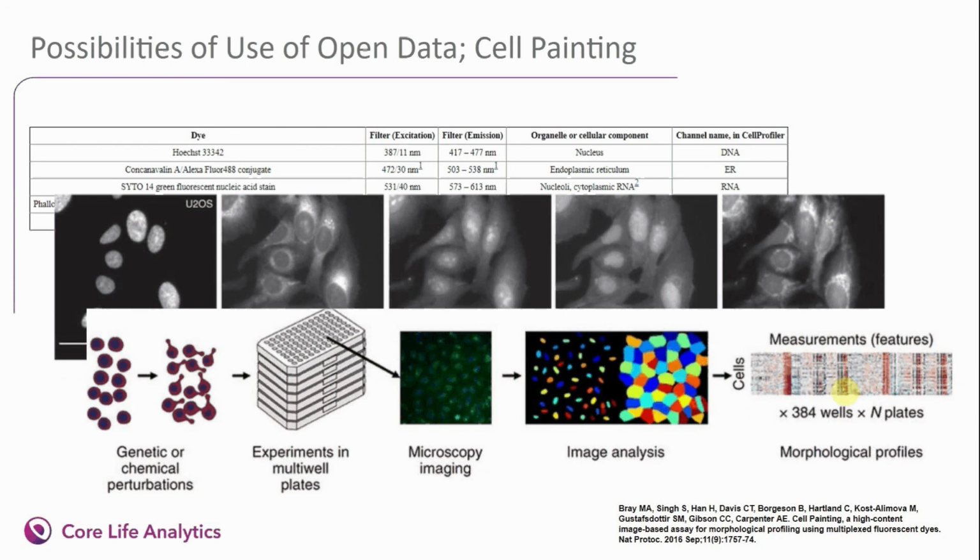And there are a number of consortia who are actually working on this idea, generating these libraries of profiles using cell painting. There's also a lot of interest in cell painting for things like predictive toxicology, where you could generate profiles of unwanted phenotypes, and then you could use those to predict unwanted phenotypes in novel chemicals that are coming out of screens. So I hope that gives you an idea of how we've been using open data and the